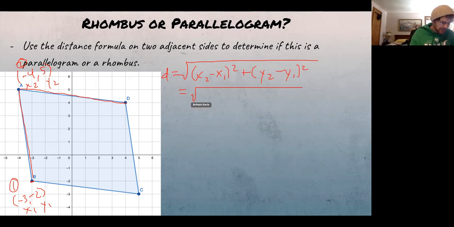So now I can plug numbers in. X sub 2 is -4 minus x sub 1 is -3. Square that. Plus y sub 2, and maybe I should stop and pause. I've done this a lot, but I still want to make sure I'm not going too fast. Y sub 2, notice I already labeled it right here. Y sub 2 is going to be that 5. Minus y sub 1 right here is -2